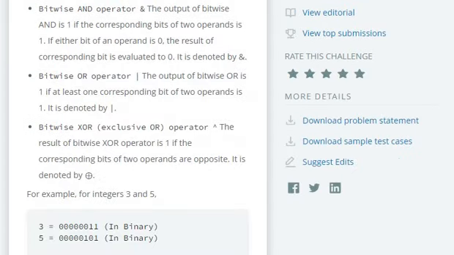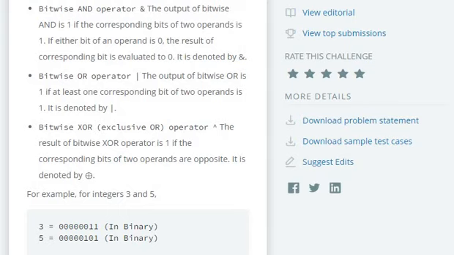So you can refer to bitwise operators in C in my videos. I explain clearly along with all the examples. So how AND works: if both are 1, then the resultant is 1 in case of AND. What about OR? If any one is 1, the resultant is 1 in case of OR. What is the difference between exclusive OR and OR? The only difference is in exclusive OR, if both are ones, then the resultant is 0.